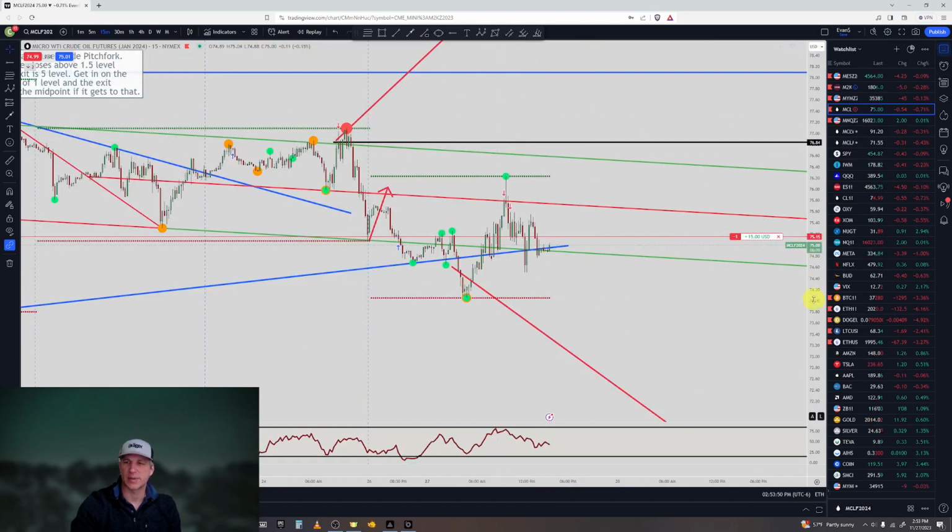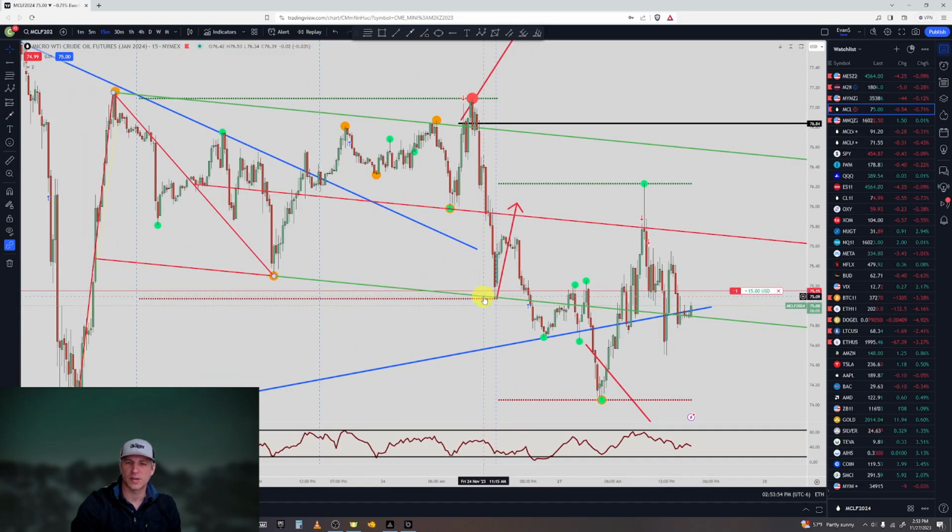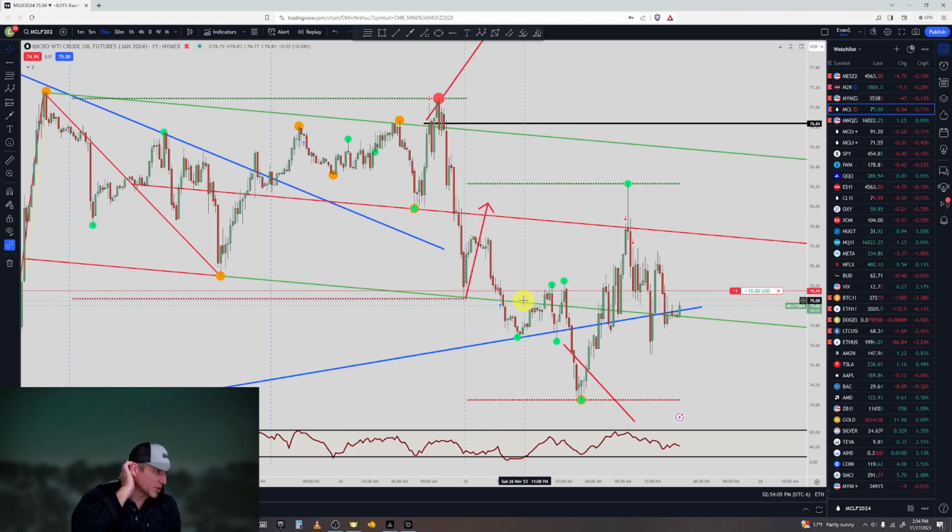But that obviously didn't happen. What happened was price came back down, hit this level right here. So that's where we'd get in another one, but I didn't get in until about right here, 75.14. That's when I first saw that this is happening. And also this is something I've been looking at all weekend to see how I want to do it. And so then what we do for this one right here, when it's closer to the median line,